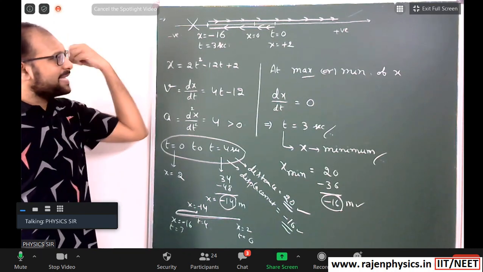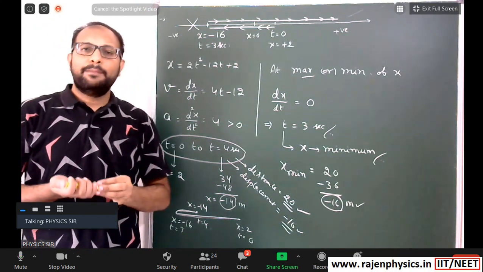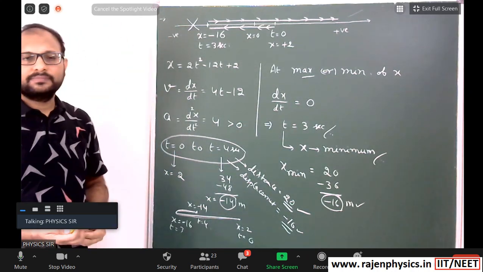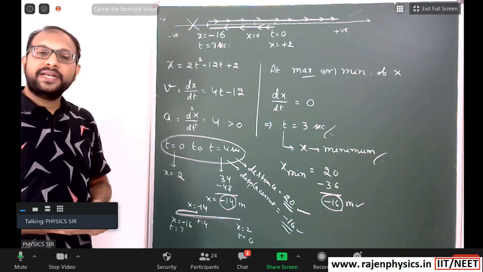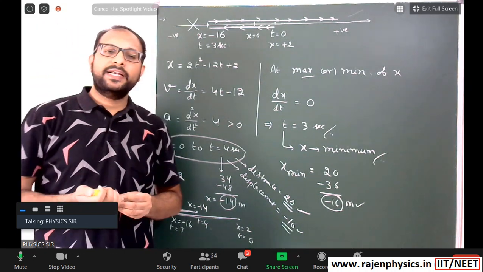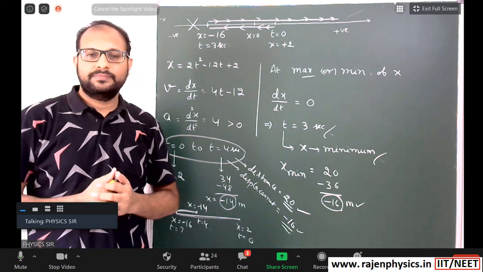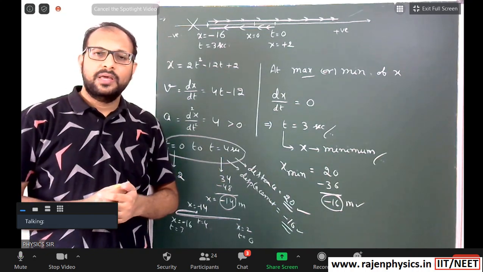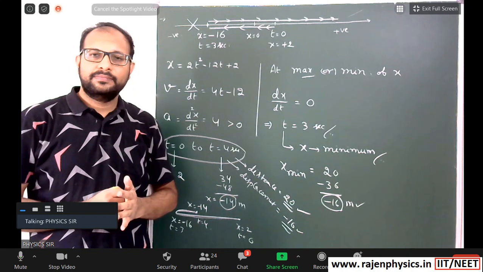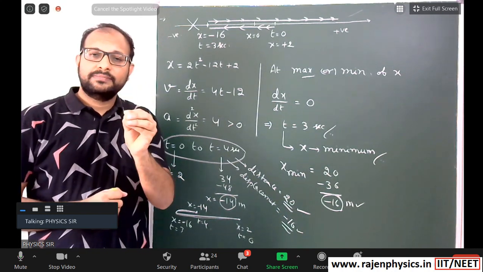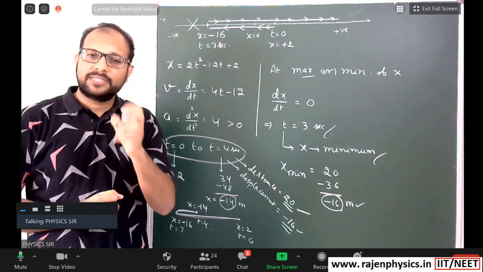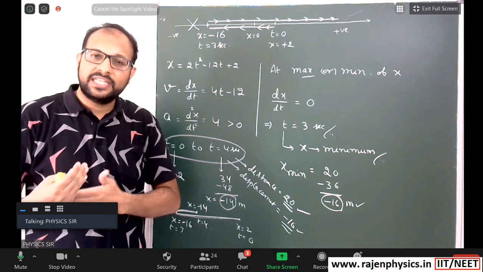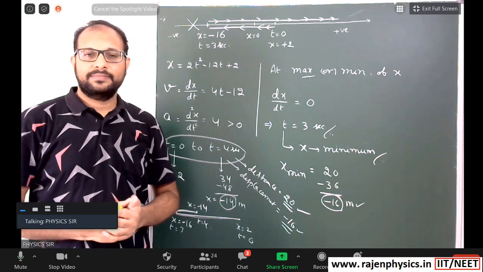So in this way you can analyze complete kinematics problems by using the differentiation topic. Yes, one more thing is required, students, that is integration. So now I am moving to integration, but students, integration is a very big chapter, and we don't need complete integration. Whatever part is required, I will explain those types of function integration only. Later, at the time of solving problems, if any difficult integration comes, we will discuss it there.